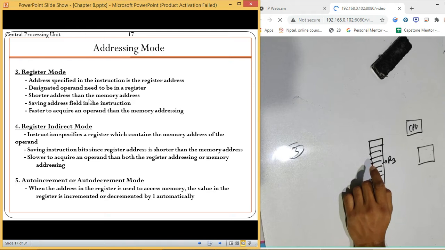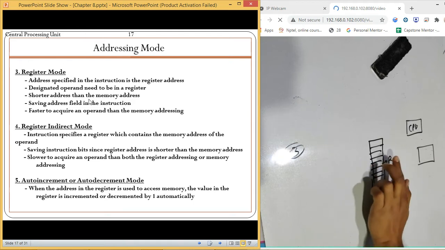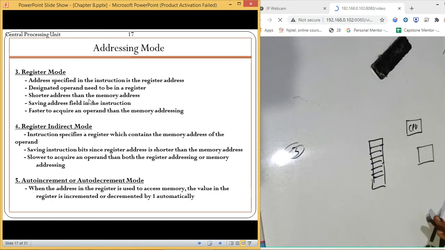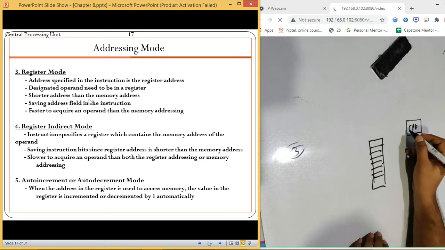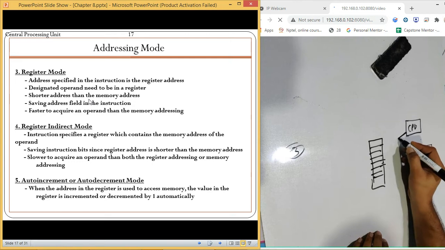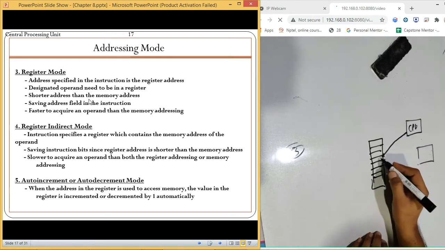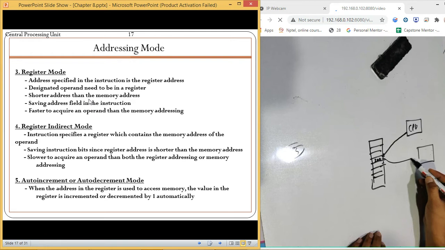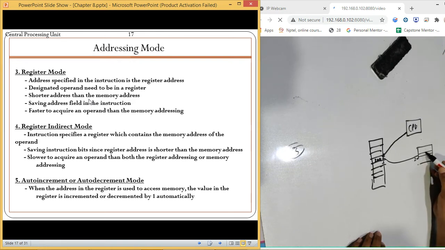After this, the next mode is register indirect. It is not widely used because it is a hectic task to perform. Why is it like this? In register indirect mode, we give the CPU the address of a register. Like at this place we have given an address like 200. After accessing this register, the CPU will go to the memory, check location 200, and get the operand 30.